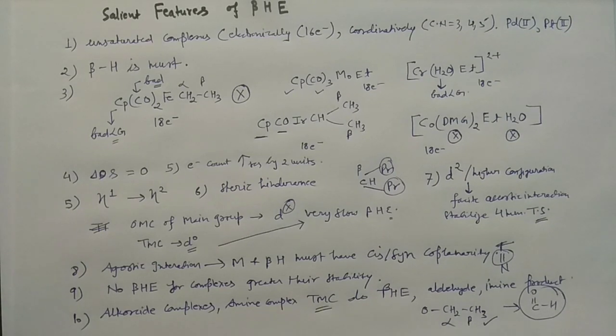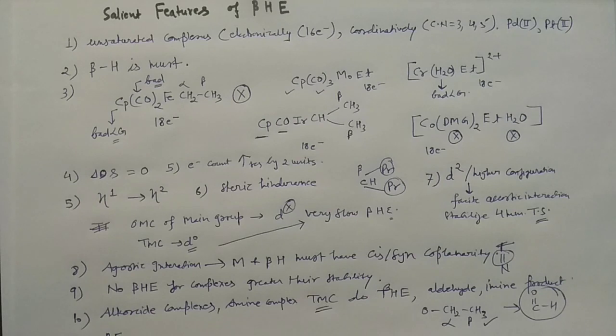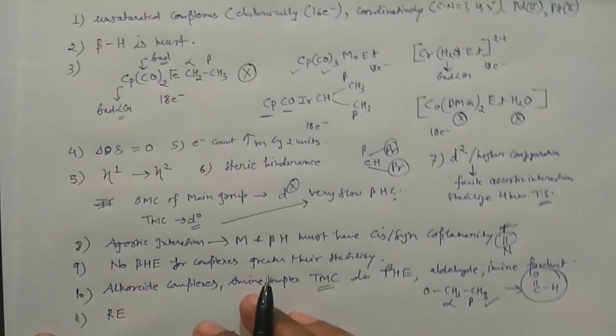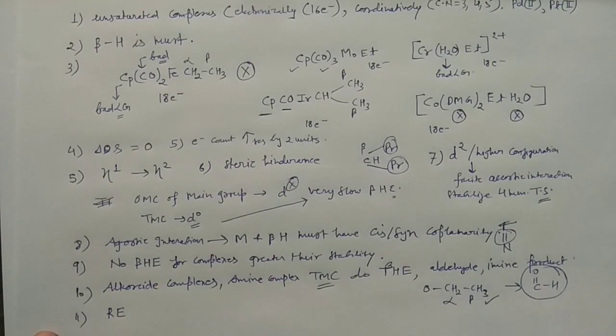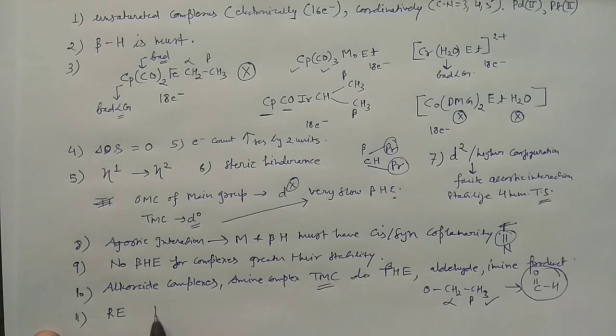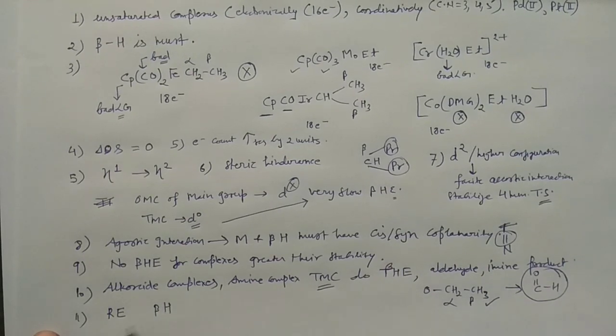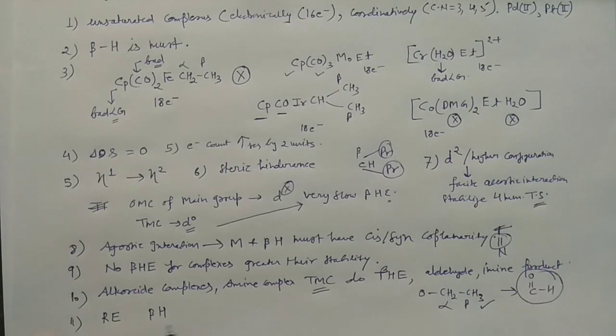And see, a very important point actually I am missing here. Say you are having the possibility of two reactions happening. First is reductive elimination. I have made an exclusive video on the reductive elimination reactions, you can go there to search. And also beta hydride elimination reaction. If both possibilities exist, that means you have a complex which satisfies the conditions to undergo reductive elimination and also the beta hydride elimination reaction, then which reaction would occur?